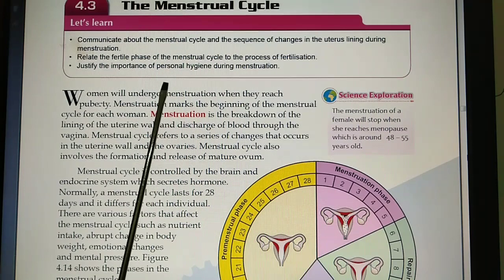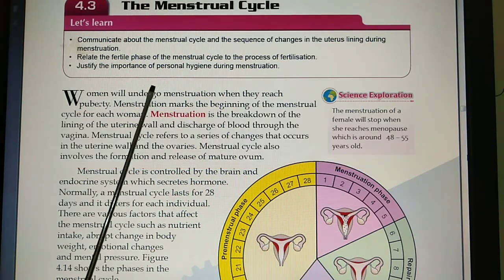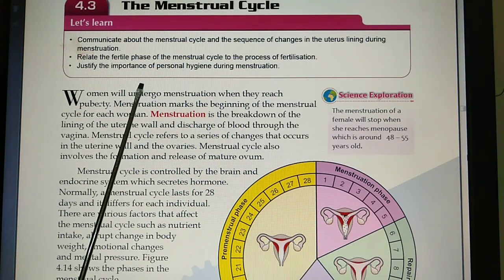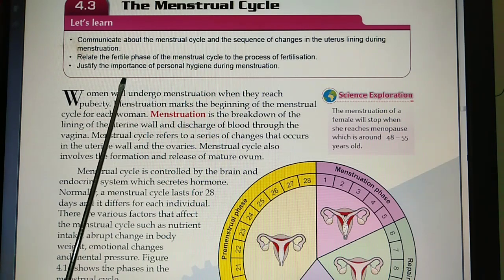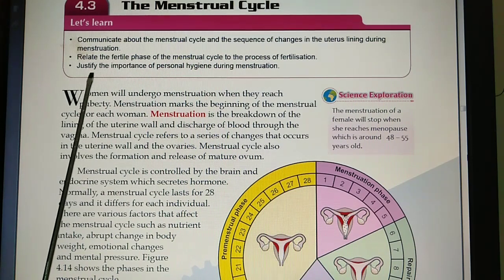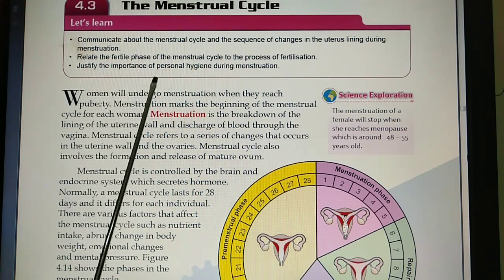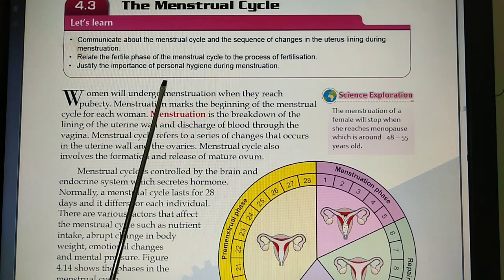I hope all of you can still have a positive mood to follow my lesson of this teaching and learning session. So today we're going to enter a new subtopic, that is 4.3, the menstrual cycle, after we have learned about the human reproductive system, that will include also the physical changes that occur when a human reaches puberty.